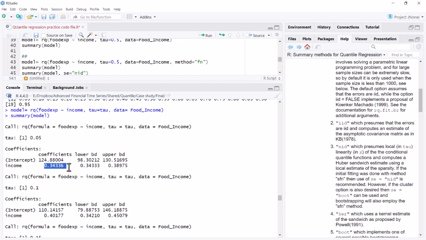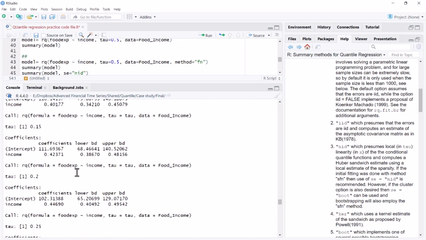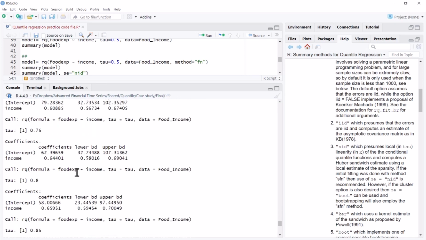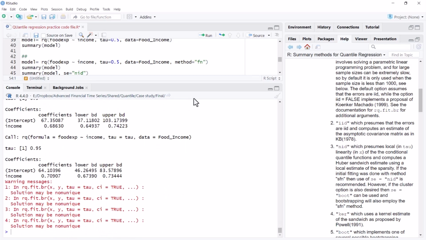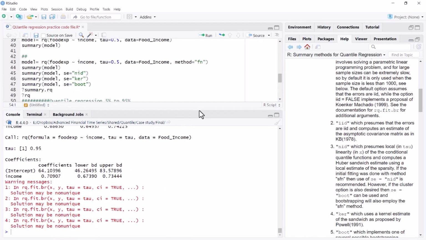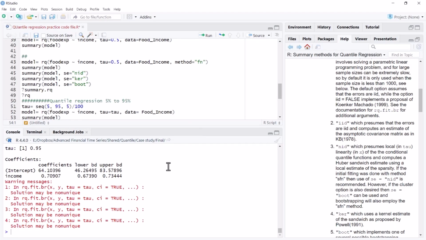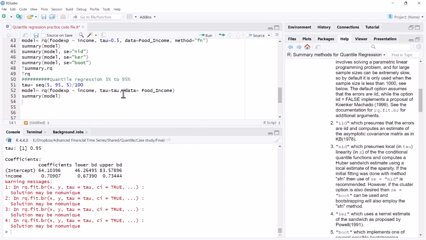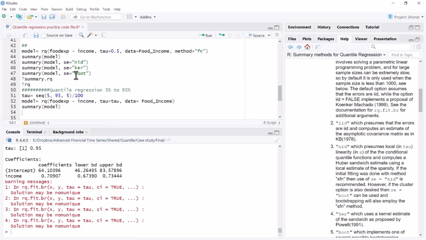That means at lower quantiles of food expenditure you have 34%, and as you move to higher quantiles it increases, almost 70%. So you can see at certain quantiles even 70% of a 1 rupee increase in income is going into food expenditure.